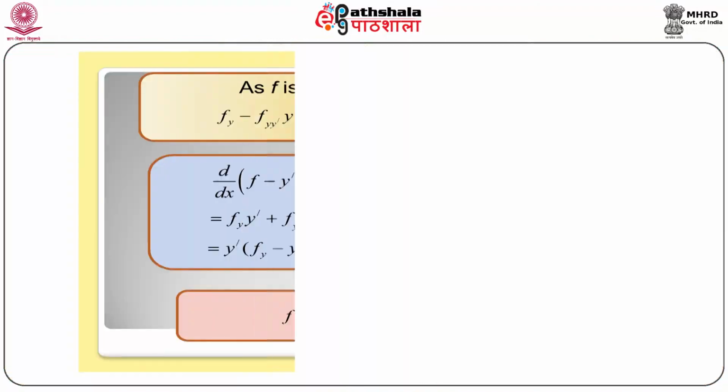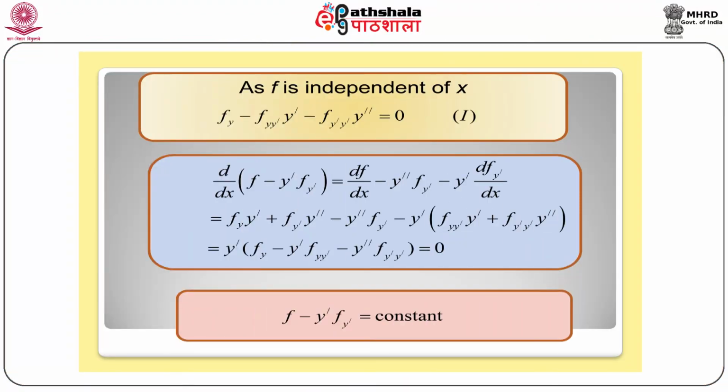Calculus of variations deals with the maxima or minima of a functional. For the determination of a function which extremizes the value of a definite integral, the Euler-Lagrange equation plays an important role. This gives a necessary condition. That condition is not sufficient. We have already derived the Euler-Lagrange equation. Now we shall discuss some special cases of this equation.